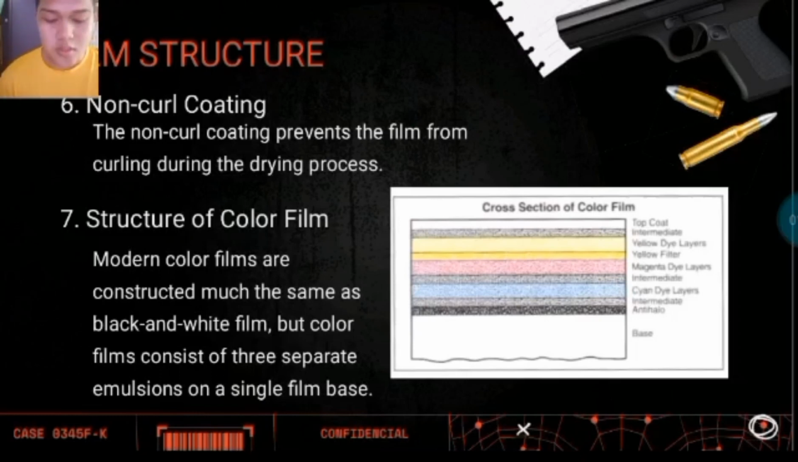The middle emulsion layer records green light. So the middle emulsion records green light and produces magenta dyes. The bottom emulsion records red light and produces cyan dyes. So the bottom emulsion records red light and produces cyan dyes. Many of the modern high-speed color films have a fast and slow emulsion layer for each primary color. So next,